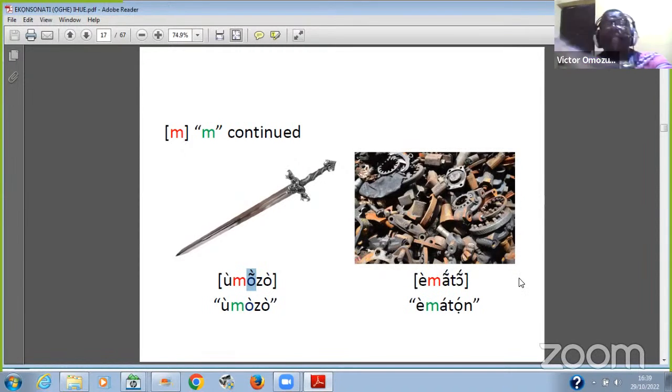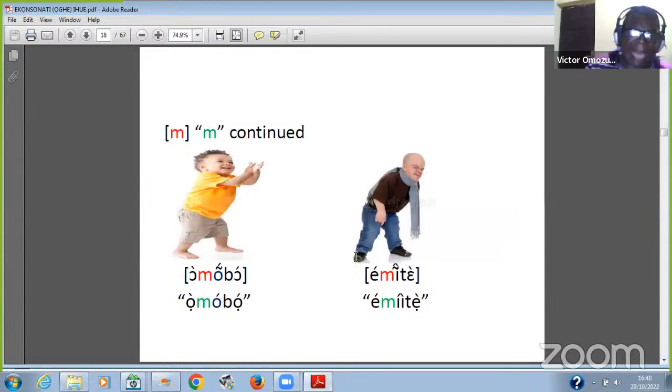Then you have the A after the mi becoming nasalized in a maton. You can see in all these cases, I do not need to add N after the vowel in writing, the one underneath, because the nasality you perceive is the result of the preceding nasal consonant. Then, in Omobo, when you pronounce it, you will perceive that nasalized sensation. Then over there, emite, the picture is also there.